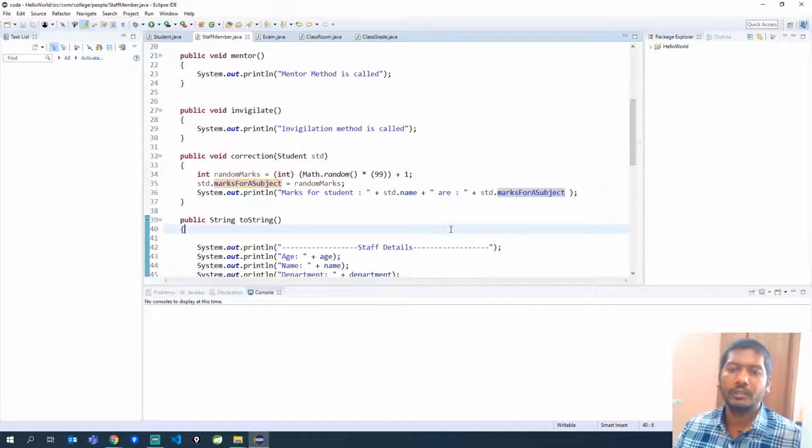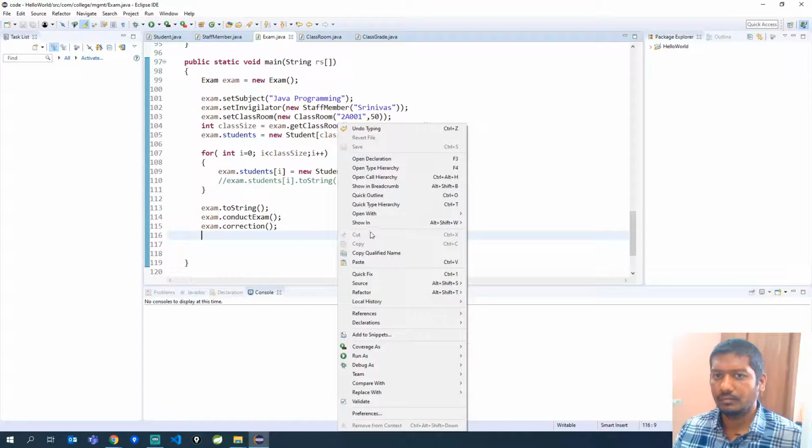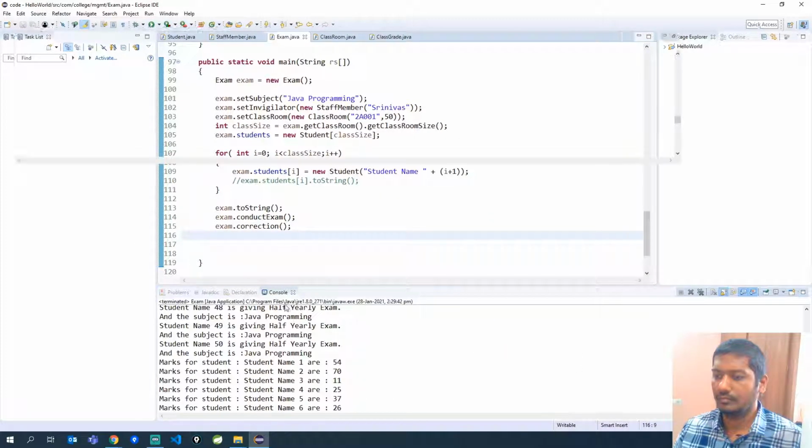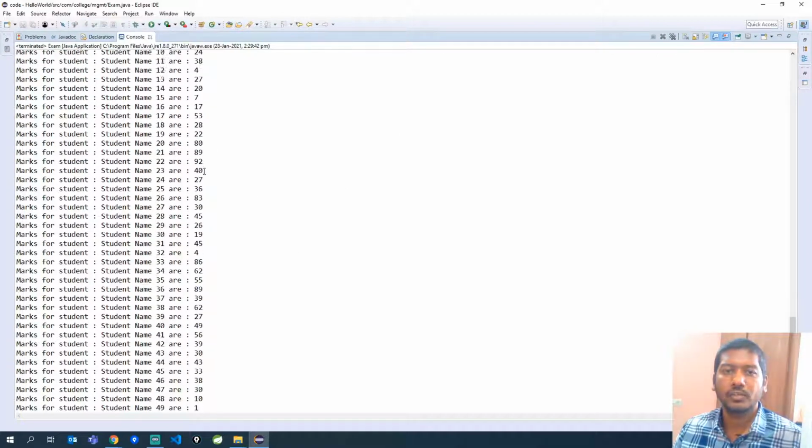So here we are also printing the marks that each student is getting. Okay. Now let's execute this exam code and see if we are getting the marks for each of them, and these marks should be randomly generated. So if you see here, the marks were printed for all the 50 students and the marks are randomly generated.